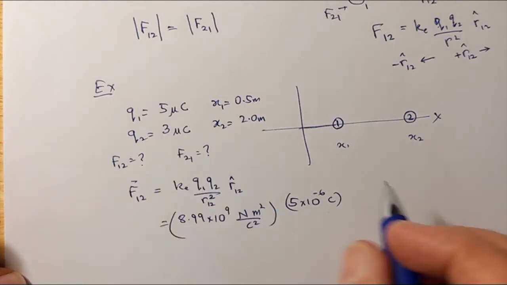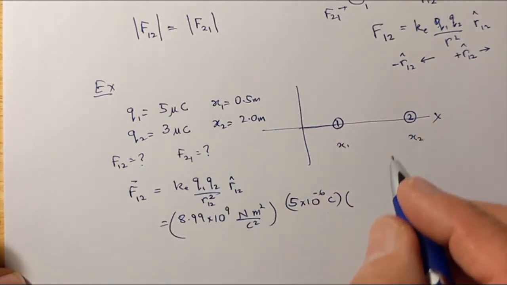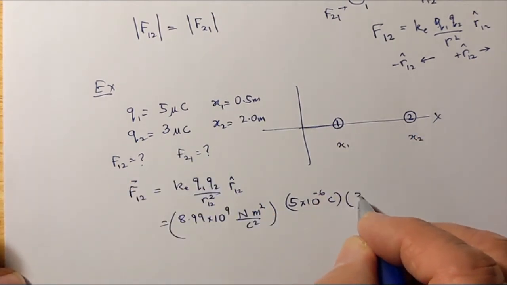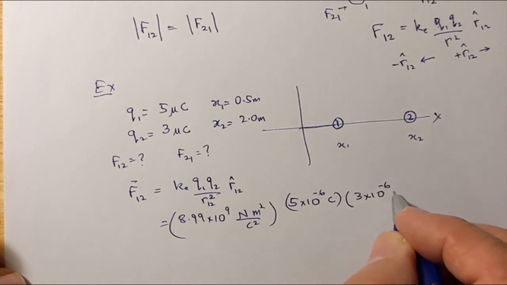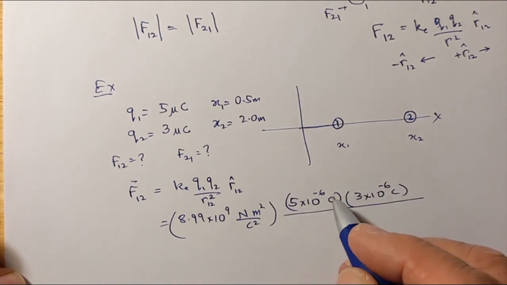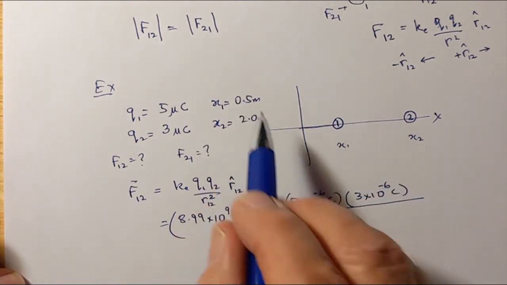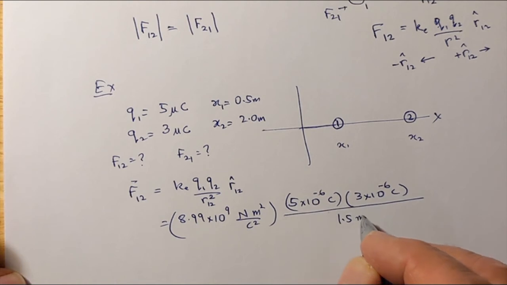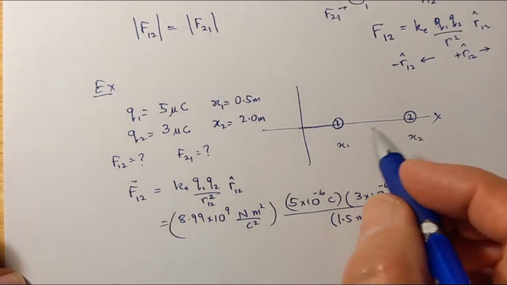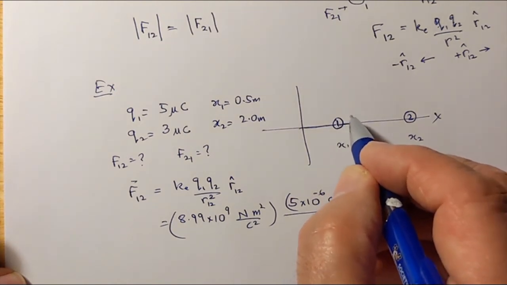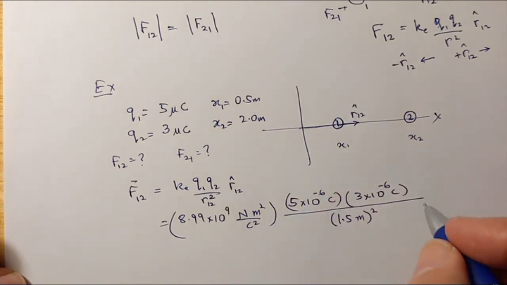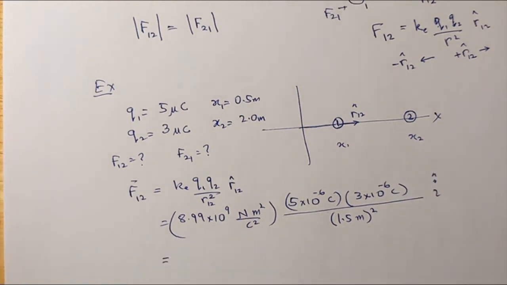Q2 is going to be, they're both positive, so it's going to be 3 into 10 to the power minus 6 coulombs, and the coulombs will cancel out, divided by R, and this is 2 and that's 1, so that's 1.5 meter square. And because we're going from 1 to 2, R12 is simply the i vector,